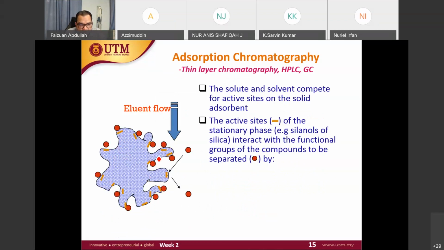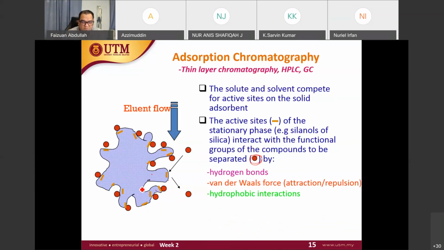So it has active sites for adsorption. The active sites of the stationary phase, for example silanols of silica, interact with the functional groups of the compounds to be separated. This one is a compound to be separated. It attaches on the adsorbent surface; it has been adsorbed here